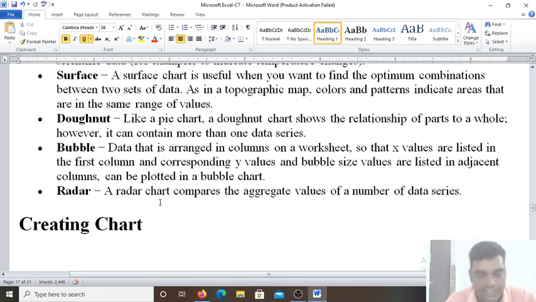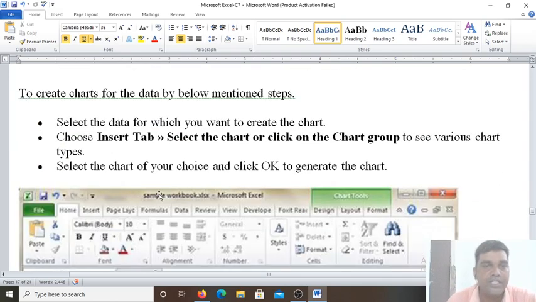So how do we create a chart in Excel? To create a chart for the data, what steps do we have to follow? Excel offers various features to create an embedded chart in a worksheet. It is placed along with the source data and other information present in the worksheet. An embedded chart is saved to the corresponding worksheet when a workbook is saved.